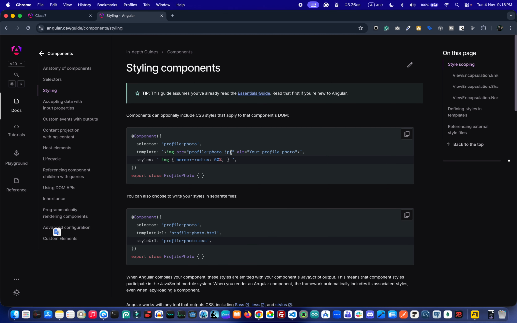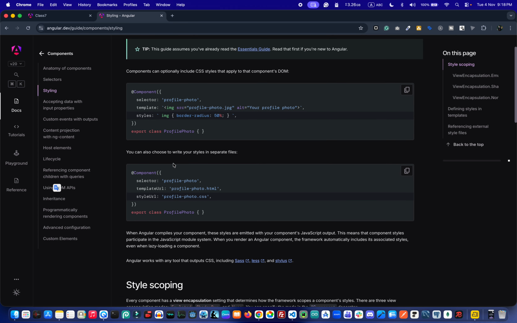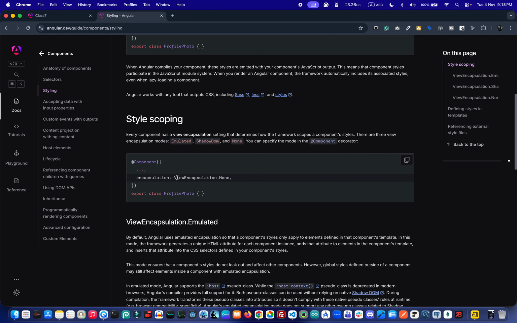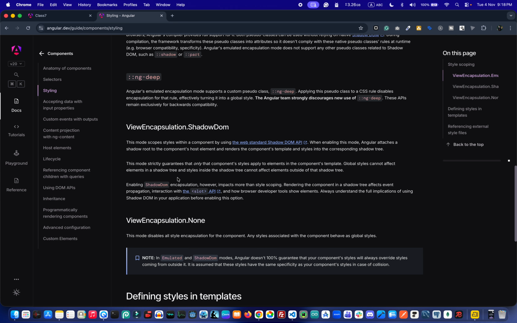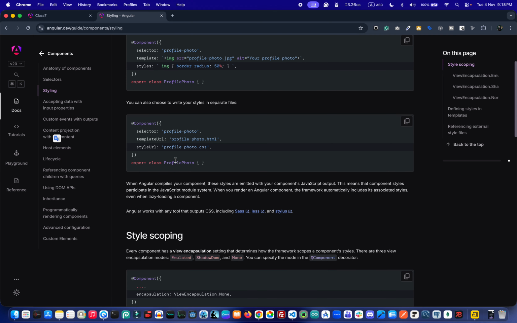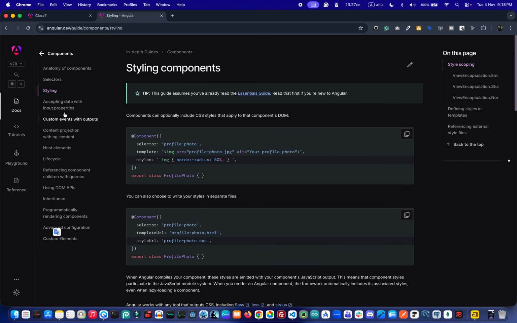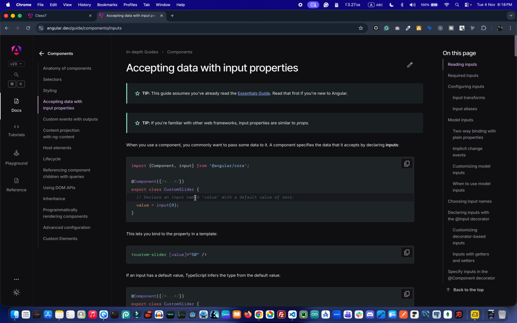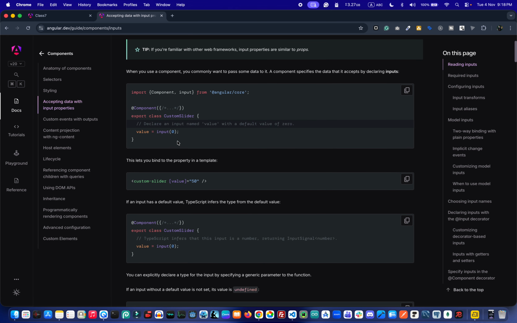Okay, we can use styles, CSS styling, in this way. Various types of styling processes are also here in this documentation section,